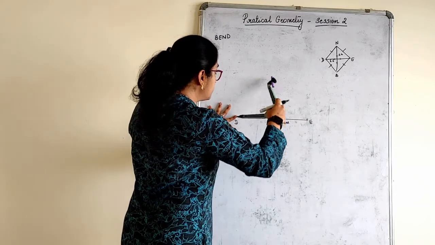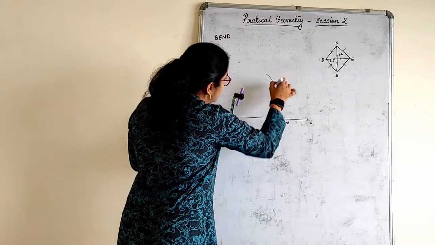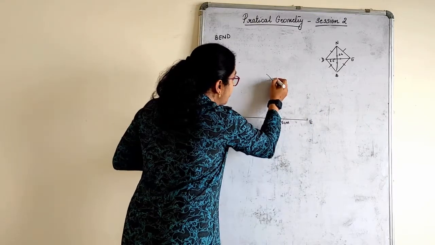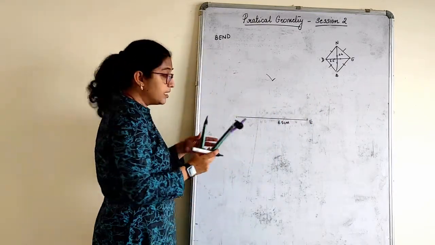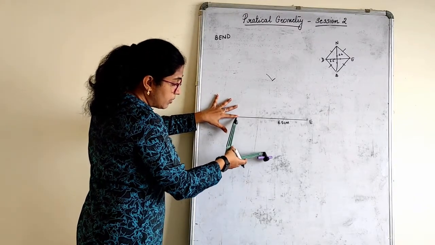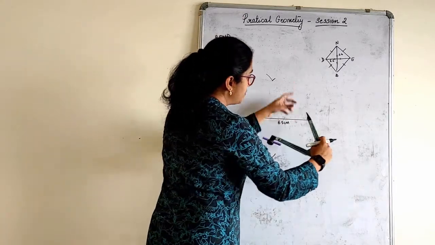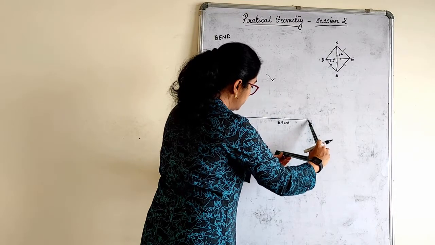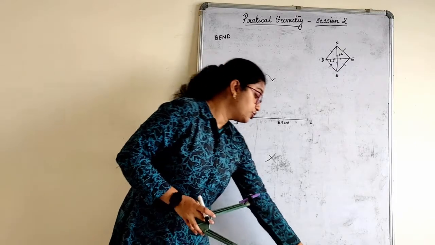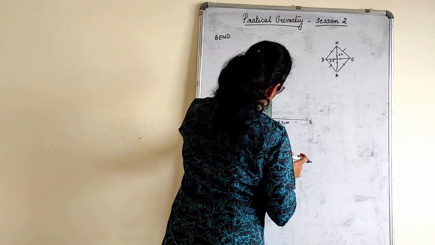Keep your compass here. Cut an arc. Okay. I'll just mark it once. With the same compass here, cut an arc. I got it here. And with the same radius, without changing, make an equal arc here also. I think the line is here. And from here, from E, cut it. Yes. Right? Draw the bisector now. You can use dotted lines or anything.